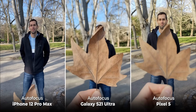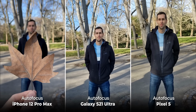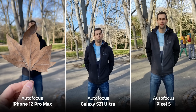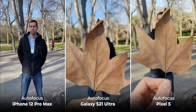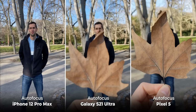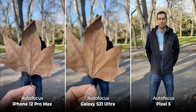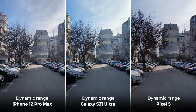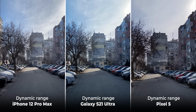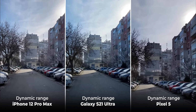In fact, all three phones do a very good job with focusing, with slight differences in speed. Also notice the transition between the leaf and my face. We like to see not just a fast reaction with the focusing, but also a smooth transition between the focus points. Also check out this video where we move the cameras up a bit, and you can see that as soon as the sun just slightly enters into the frame, just pause this here for a second and take a